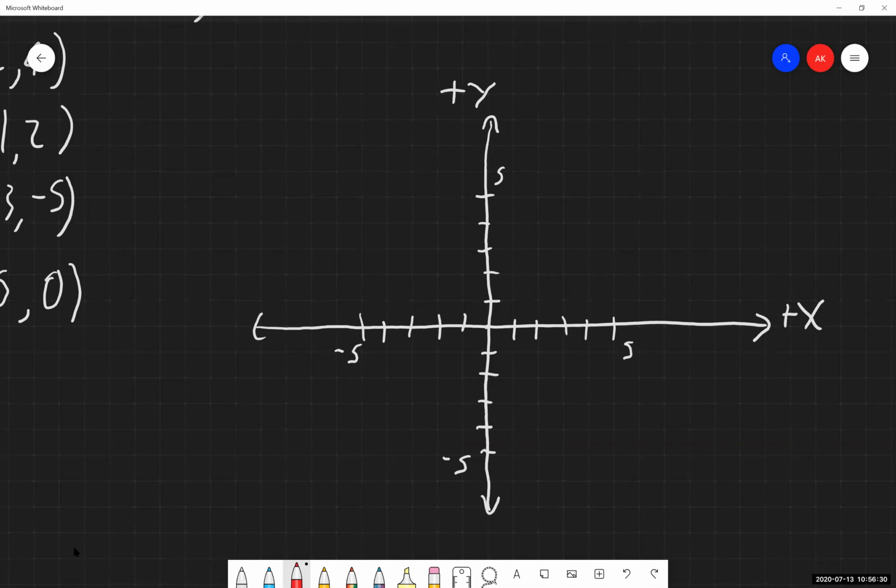So if you are setting up a graph for yourself, what you're seeing here is the bare bones requirements of what you need. If you at least have this written in for yourself, you are going to be eligible for full points. If any aspects of this are missing, I'm taking points off. If you're missing the labels on the ends, I'm taking points off. If you're missing labeling what direction is positive or negative, taking points off. If you don't have one or both of the axes in the positive and negative directions clearly defined and scaled accordingly, I'm taking points off.